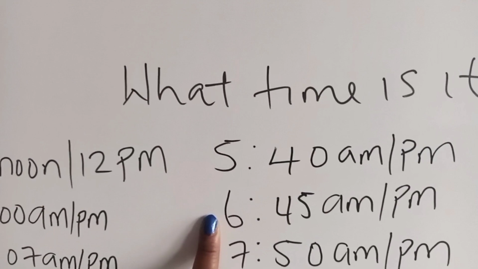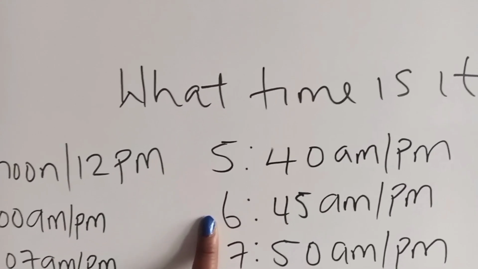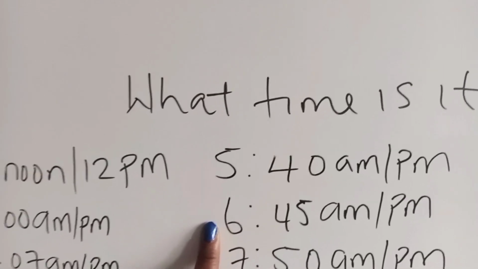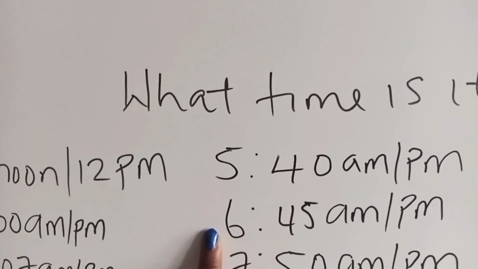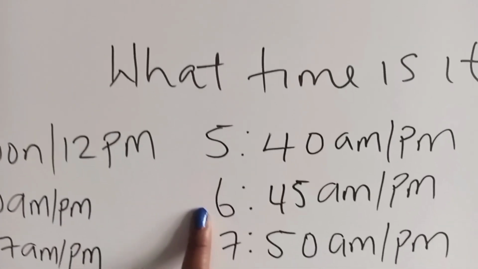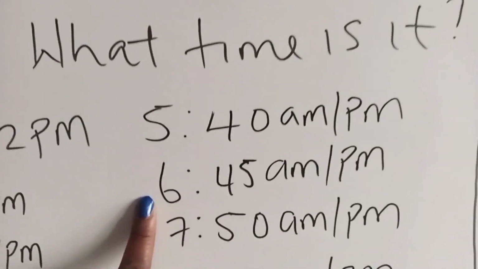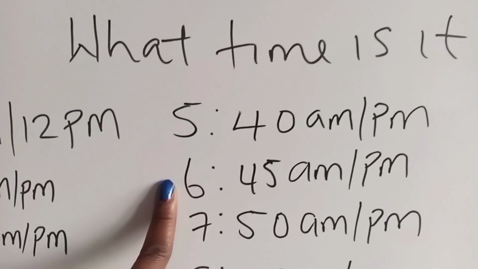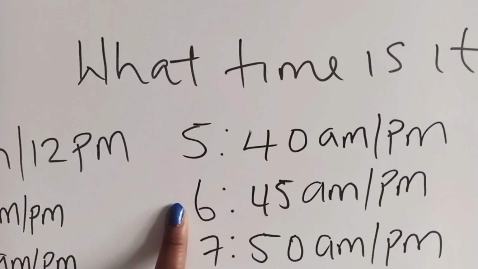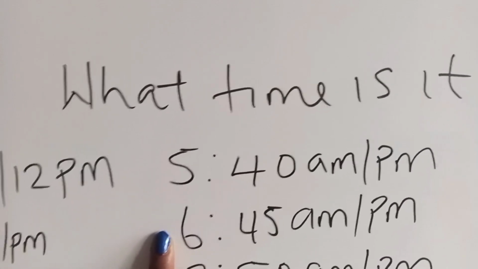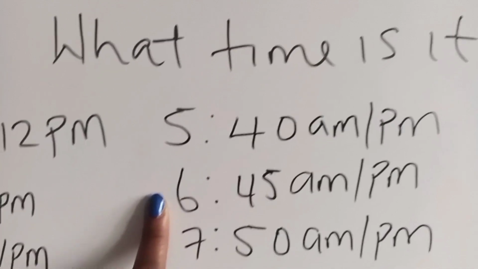Now, this is 6:45. In Chinese, there are more ways to say 6:45 than in English, I think. In English, you can say 15 minutes to 7. You can say 6:45, or you can say 6:45. Okay, that's 3 ways. Now, let's look at how you can say this in Chinese. You can say 6:45 in Chinese. You can say 6 3/4, because there are 3 quarters in 45. So you can say 6 3/4. You can say 15 minutes to 7. You can say 6:45. So that is 4 ways of saying it in Chinese.